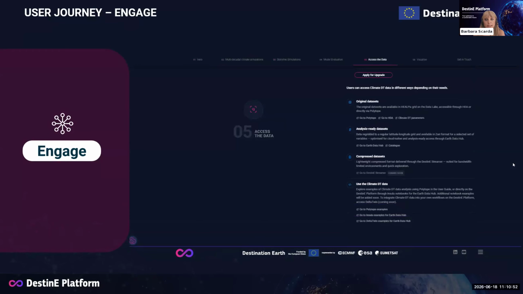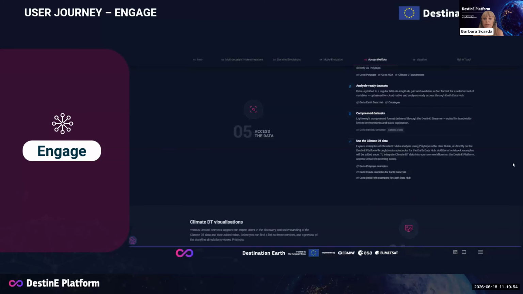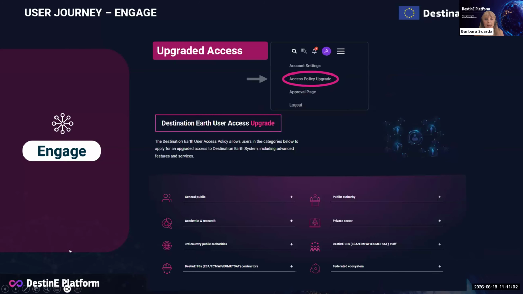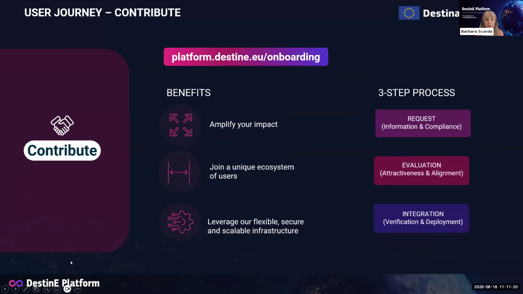You can also browse the list of services on the platform that provide access to ClimateDT data, like, for example, Earth Data Hub. And in order to use these services that enable you to download DestinE Digital Twin data, you need to apply for upgraded access. So after signing in, just go to your profile in Access Policy Upgrade and complete the form. Here you have the list of all the eligible categories.